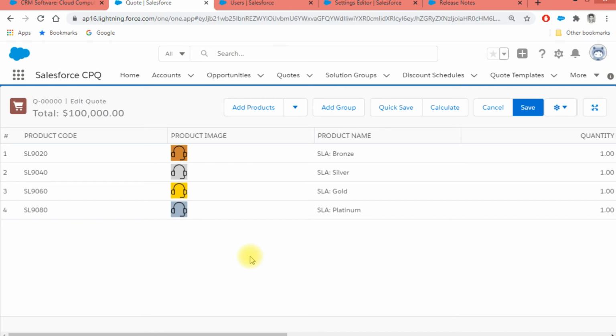So let me revise one more time the new upcoming features for the 2020 summer release package. First, you can optimize the column size on the Quote Line Editor. Second, automatic usage summary for evergreen usage based subscriptions. And then there will be an option in the package configuration where an admin can set the option to bypass the preserve bundle structure, especially for amendment. And then there will be a Transaction CPQ 2 permission set license.